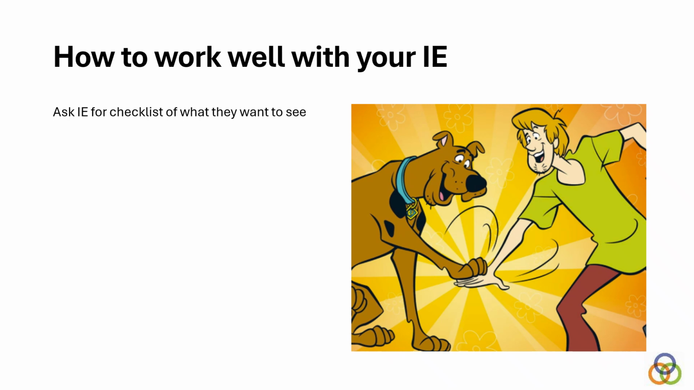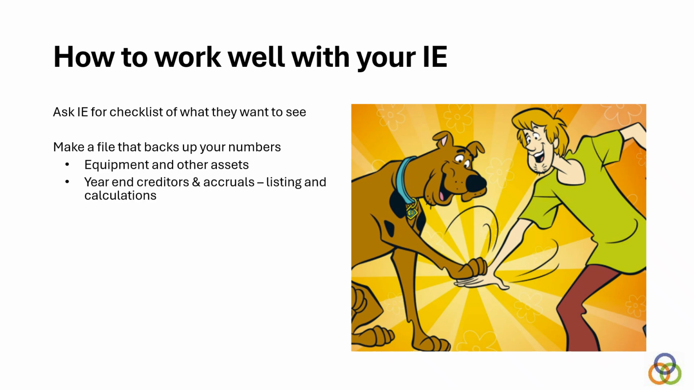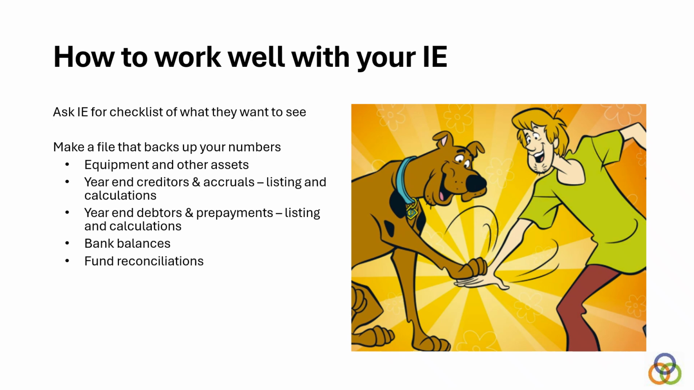So, it's a relationship. We want to ask our independent examiner for a checklist. Tell me what you want to see, and then I get it all nicely lined up for you. I make a file that will back it all up. I'll have a list of all the equipment and other assets, any year-end creditors or accruals if I'm doing accruals accounts, any debtors or prepayments, listings and calculations. I'll have the bank balances and copies of statements, any fund, grant notes,